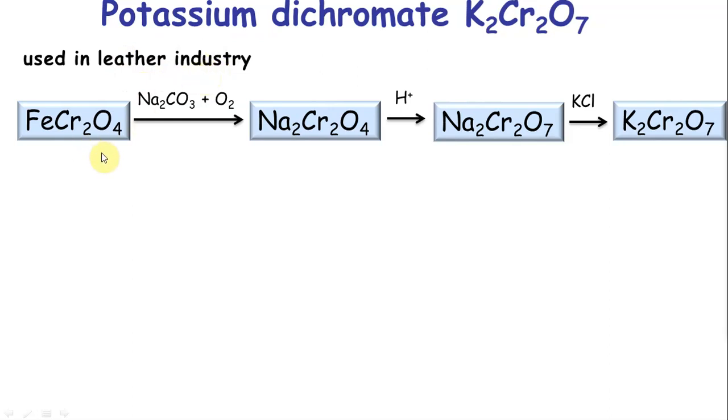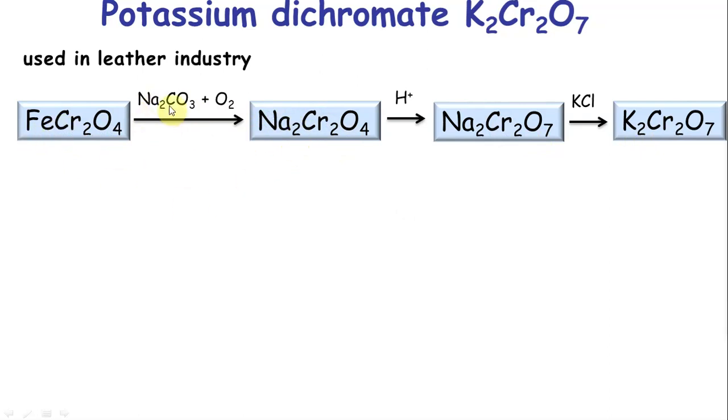Now, synthesis of K2Cr2O7, no need to worry about balancing, just focus on this. Just go from FeCr2O4 giving you Cr2O7. That's the synthesis. Now there are 2 steps giving you 2 different ones. Ferrous chromite with sodium converts to sodium Cr2O7 because sodium compounds are more reactive than iron compounds. So I converted it to sodium.